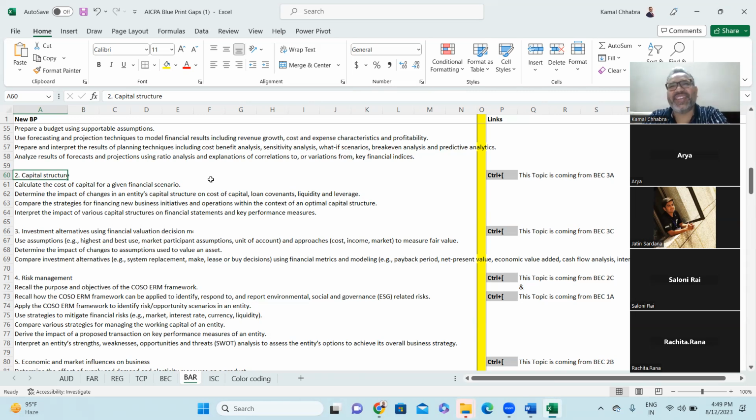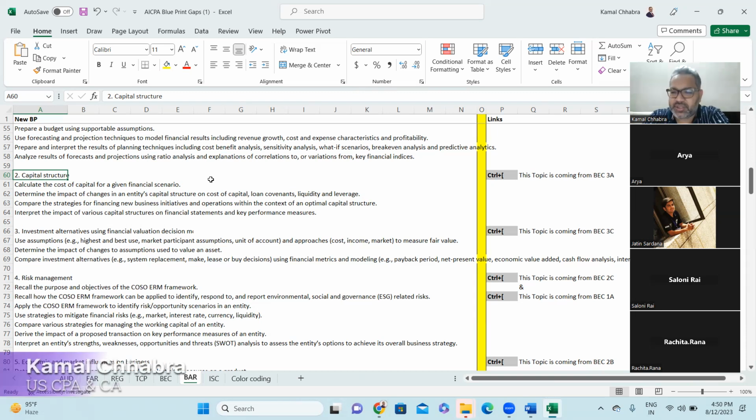I'll take you back to the college days. Somehow we managed college, and now Kamal sir is taking us back to the college days. No worries, you have to go back. So there are two types of preference share. One is convertible preference share, the other is non-convertible preference share. Within that there are also two breeds: one which has cumulative dividend, and another which does not have cumulative dividend. But they all have dividend, right?